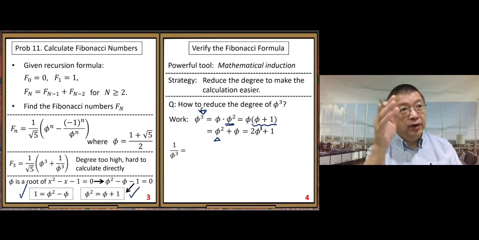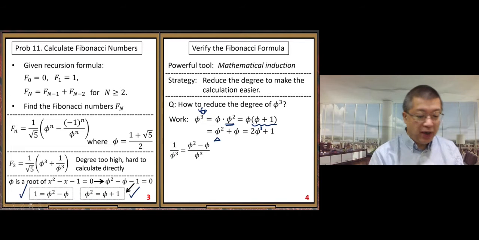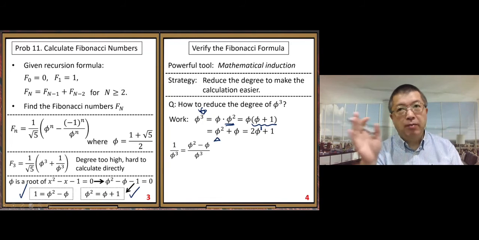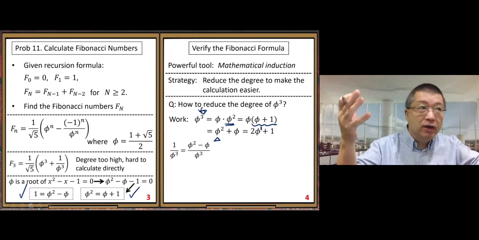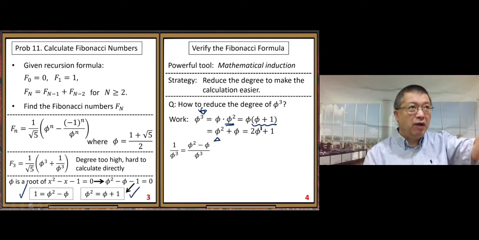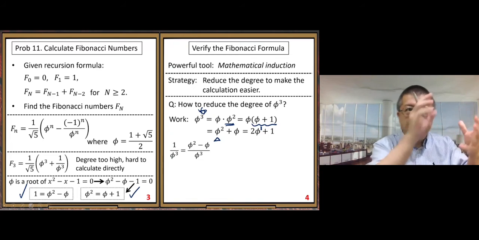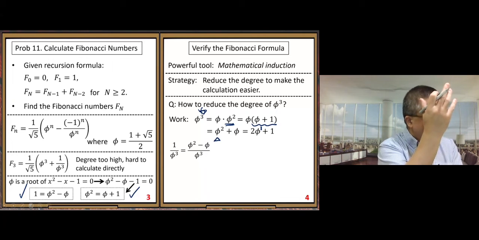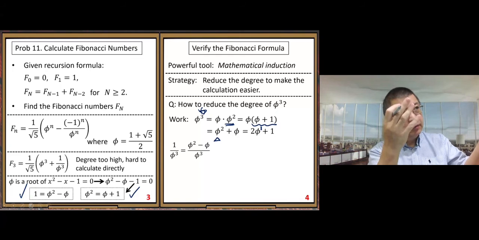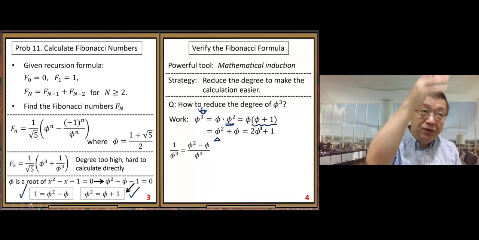Let's work on 1 over phi cubed. This time, we use the first property. We replace 1 by phi squared minus phi. Why do we do that? Here it looks like we increase the degree, right? 1 has degree 0, phi to the 0. But now we replace it by phi squared minus phi. We increase the degree of the polynomial to 2, right? It looks more complicated. There is a good reason, because after we increase the degree,